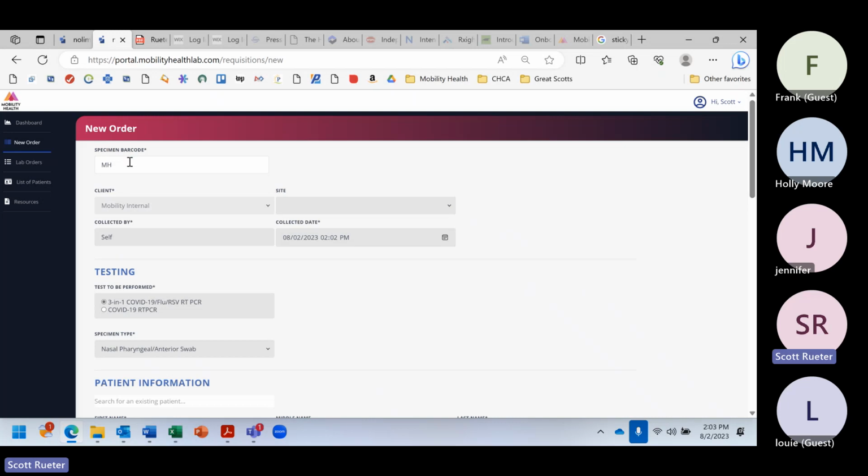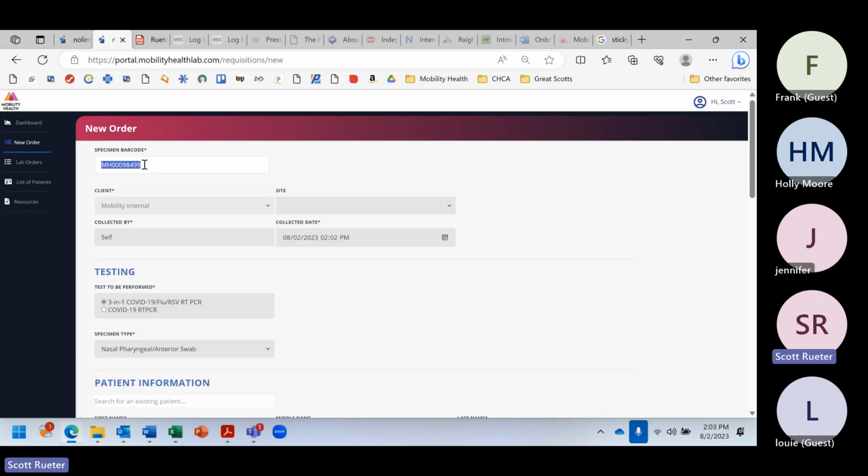barcodes. They always start with MH for Mobility Health, and then I think there's 8 numbers that come after that, whatever those might be. I just hit some dashes. Whatever those numbers are, just type them in. I often get the question, do we have to include the MH? Yes. If the numbers have like 3 leading zeros and then 5 digits after that, put the zeros in there,